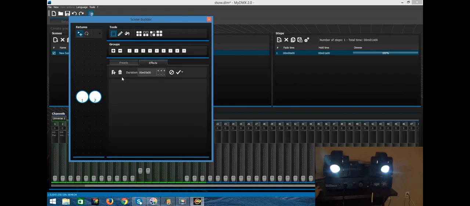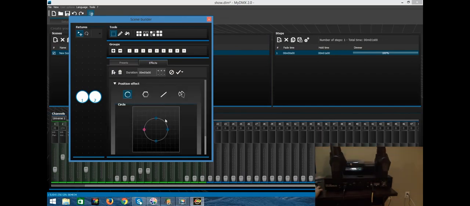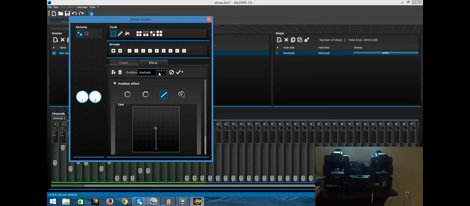And then if you want to put movement, we click effects, click that, click position, and as you can see the head starts moving. And then we can make a hexagon, square, or a polygon, or even a line, which I use for like a crisscross motion. And then this is how fast you want it to go. So if you want it to go faster,